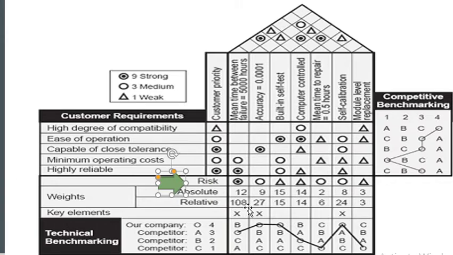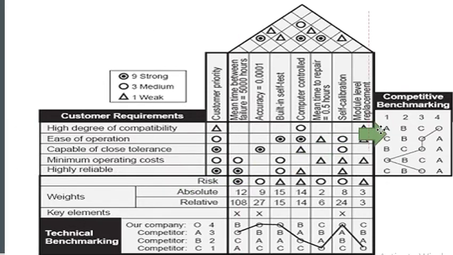If you see the relative value 108, 108, so this is the most important feature. Next is 27, the next most important feature. Next, self calibration is the next most important feature. In that way, you will be analyzing important details, important functional requirements that should be implemented by the designer. Okay, it also includes some of the values that we manually give, related to risk values, whether something is important, least important, or most important. We calculate it based on the risk value. If not risk, there will be something else that we establish, and in the practical session you can understand it.